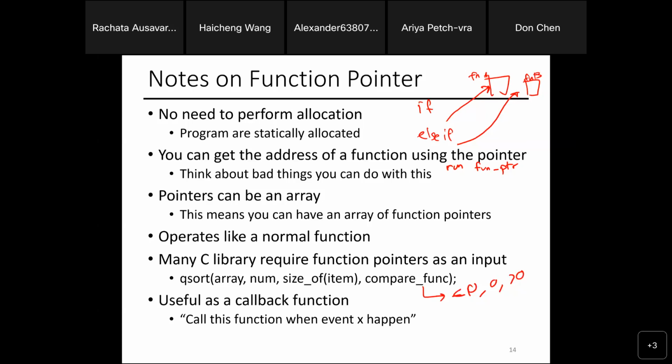Then it goes through your array, and for each pair inside your array, it calls that compare function and uses the first item as the first input, the second item as the second input. Depending on whether you get a negative number, zero, or positive number, you know whether A is less than B or not. Then you sort based on that compare function.